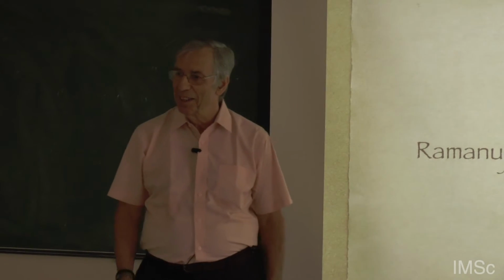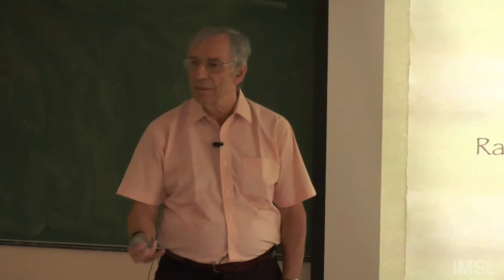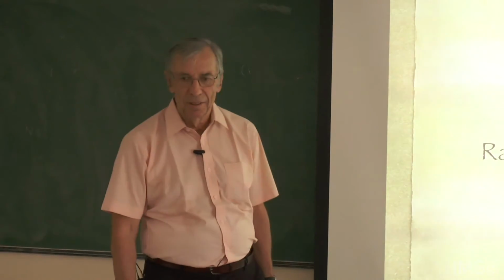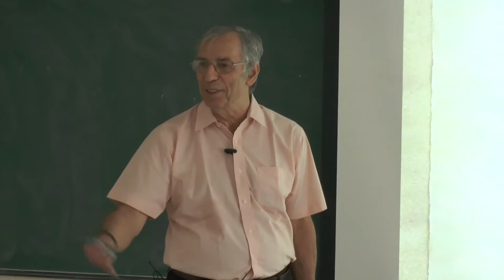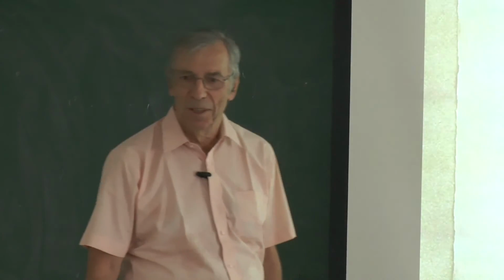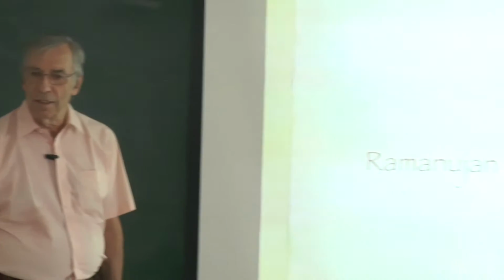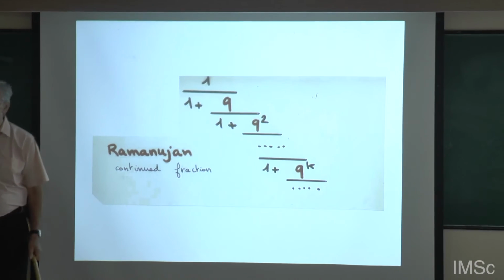So I would like, at the modern time, we can give the same essence of proof with much more complicated identities. Usually people believe that this kind of visual proof is only for children, easy identity, but it's possible to do in such spirit. And especially one identity involving the famous Ramanujan continued fraction.